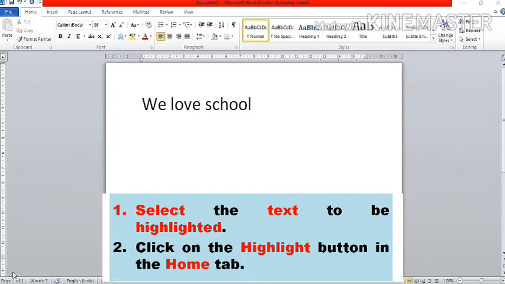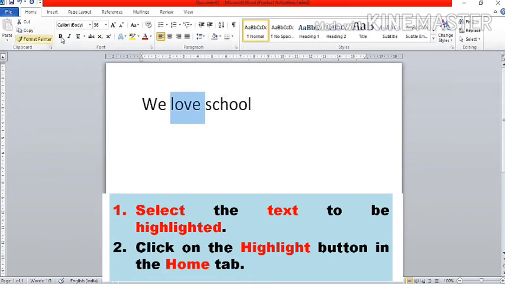We love school. I hope you agree. Now I will show you highlighting text by highlighting the word love. Step 1. Select the text to be highlighted, and that would be the word love. Step 2. Click on the highlight button in the Home tab.